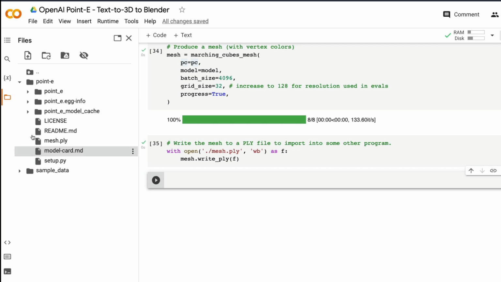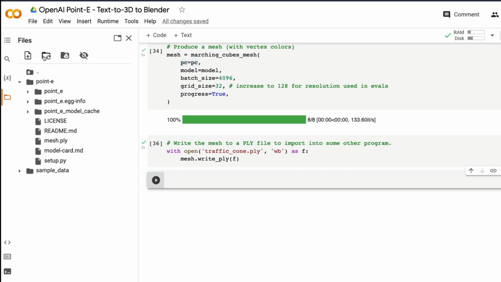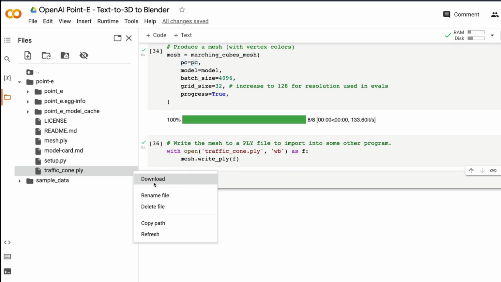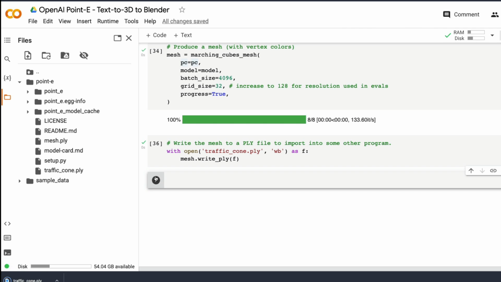Okay, I messed up with the file name. I'm going to come back and ask, what is this called? This is called a traffic cone. Write the mesh file, refresh it here, and then see, okay, we have got the traffic_cone.ply. Download the file into your local computer or wherever you have got Blender, save it, and then you can now